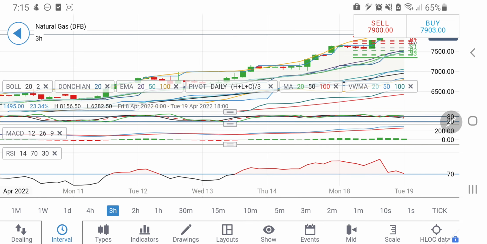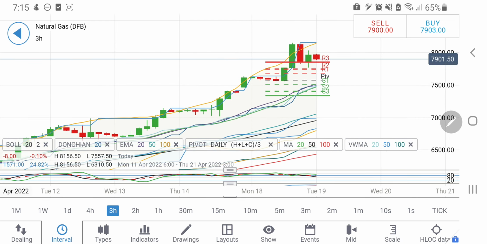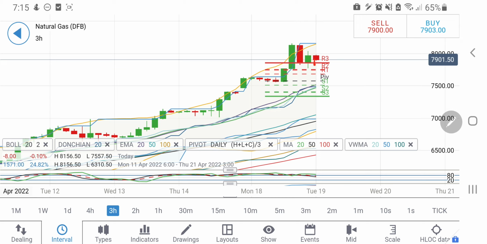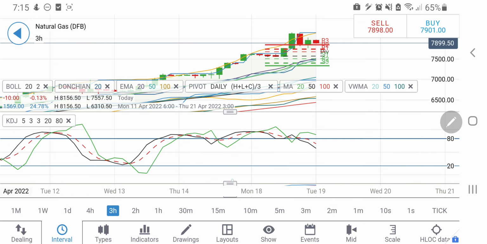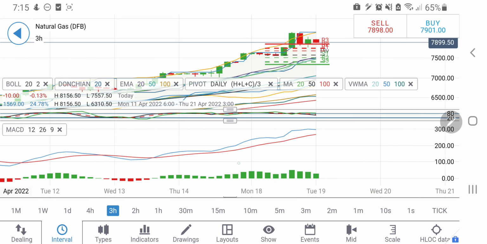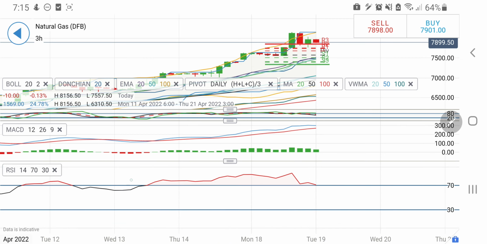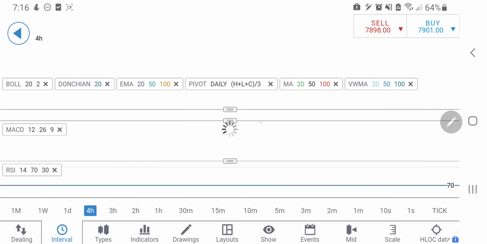Now look at the 3-hour charts. On the 3-hour charts as well, this candle may again try to trade in red. It may try to come back till towards 7.6 levels. That is what is expected here. Probably it may try to come back till towards the 7.6 zone, and then below that it can also break towards 7.5, which is going to remain a stronger support. 3-hour stochastic looking downwards, MACD trying to converge, and RSI was overbought. That is what can be seen here.